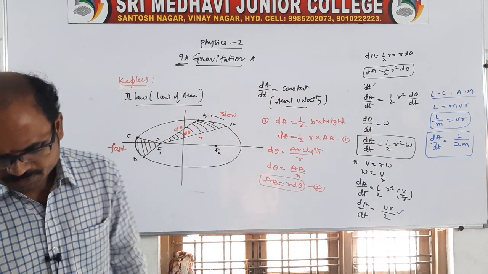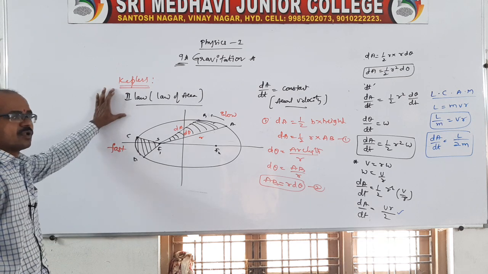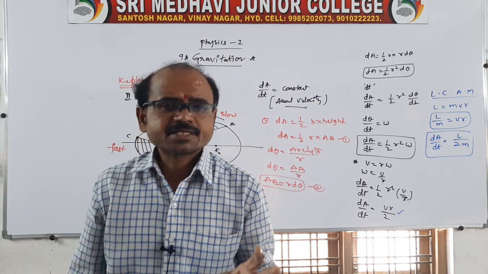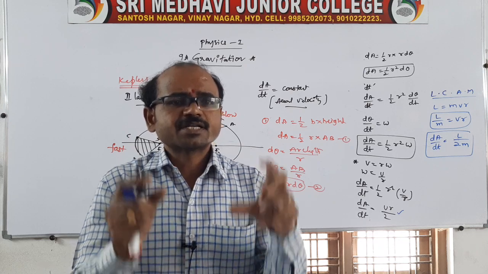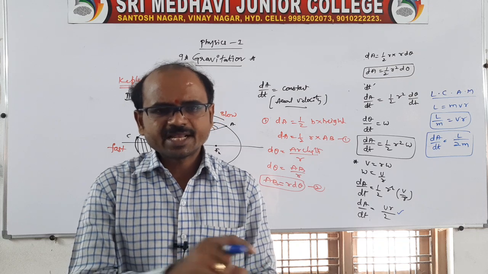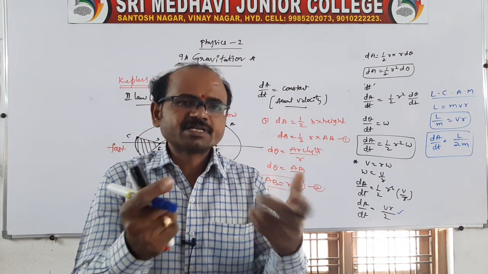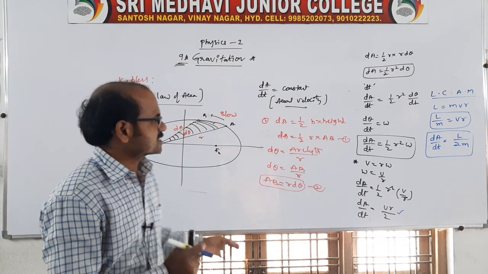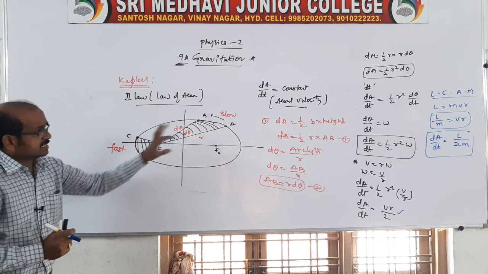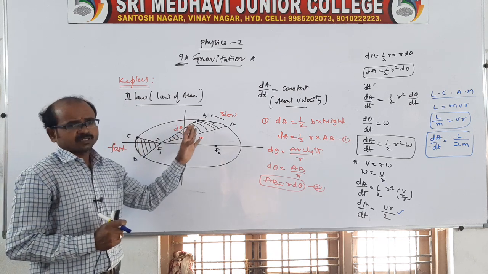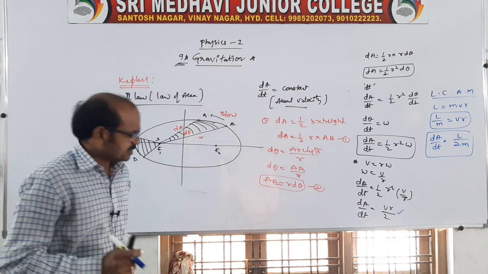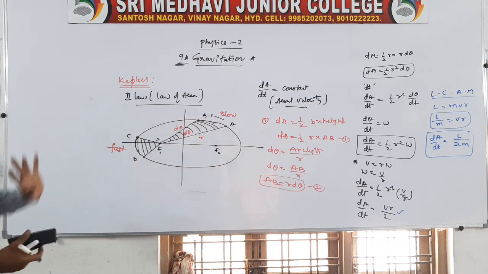Of course it is not required for you, but we should remember it, because it is related to the law of areas. That is, the line joining the planet and the sun sweeps equal areas in equal intervals of time, both at a long distance as well as at the closest approach. When at a long distance, it actually moves slow. When it is at the closest distance, it moves fast. But the time taken is the same, as well as the area also the same. That's what the areal velocity vector is. Clear? So this is the information related to Kepler's second law.